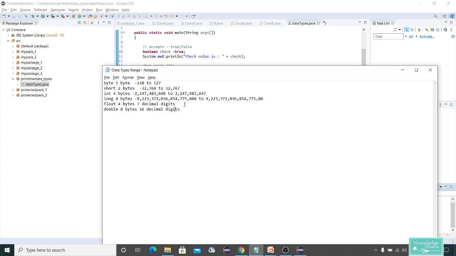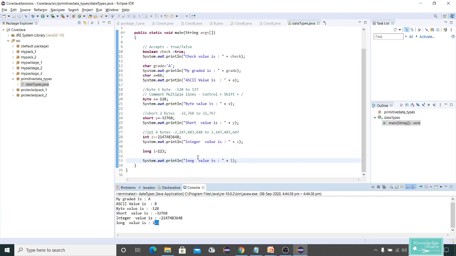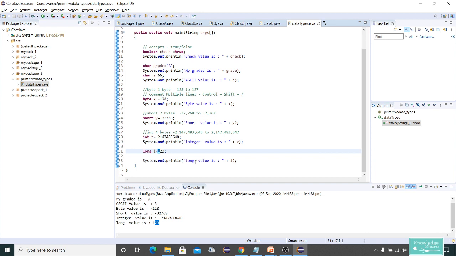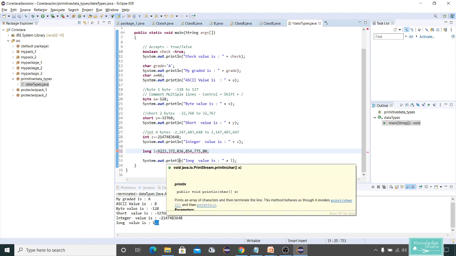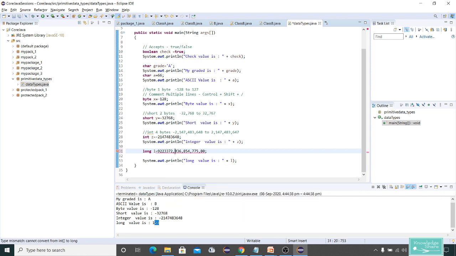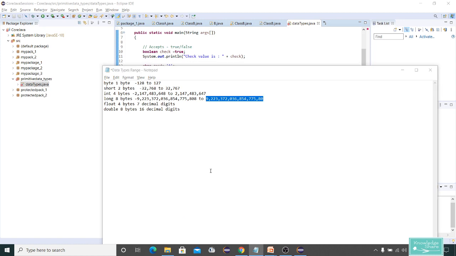Let us see the range and give this very huge number. I have never used it in my life. Let me see this. So now you can imagine the capability of Java, how it stores our data in huge numbers. So what if you want to store bank accounts?